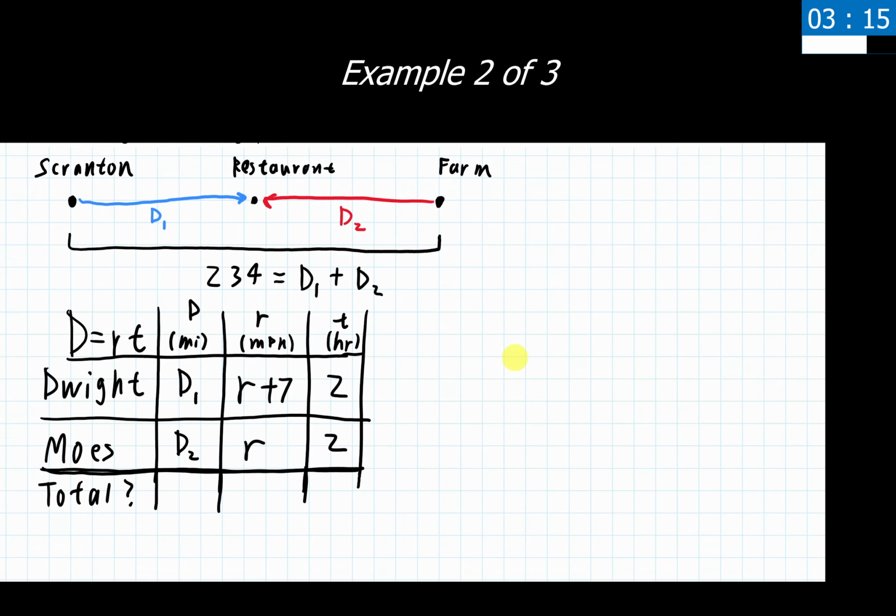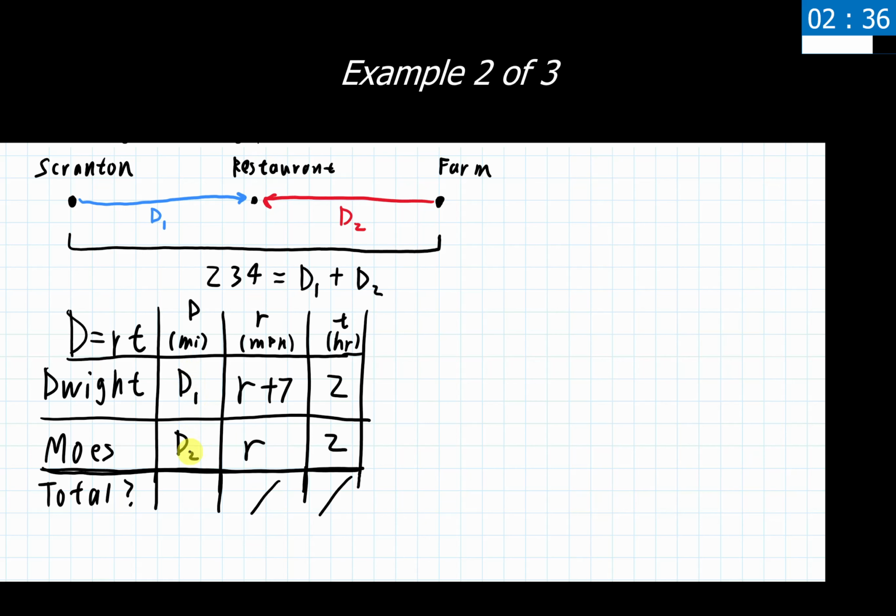Now we can look here and see, do I have a potential total showing up? Meaning, am I adding distances together, rates together, or times together at all? Well, I can't add the times together because we're told they just travel 2 hours total, so it wouldn't make sense to have a total time there, because the total time is just 2. I'm not adding those times together, which is what this total row would represent. I'm not going to add the rates together because that doesn't make much sense here for what we're solving for, so we'll leave that one.